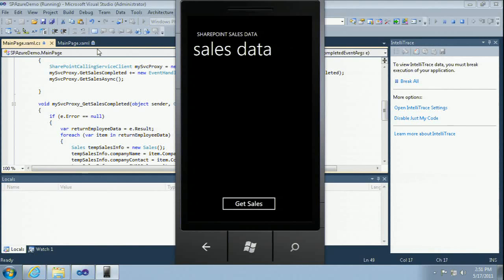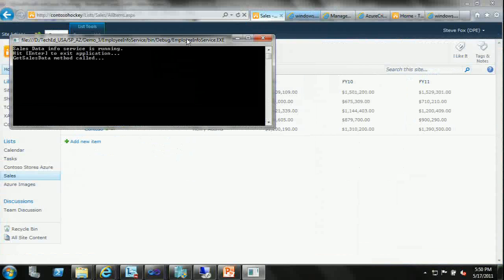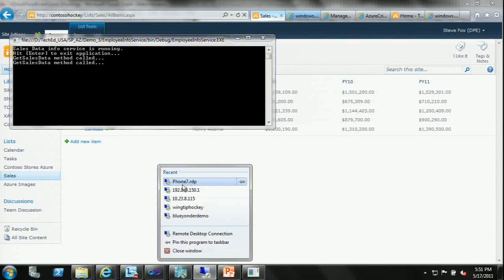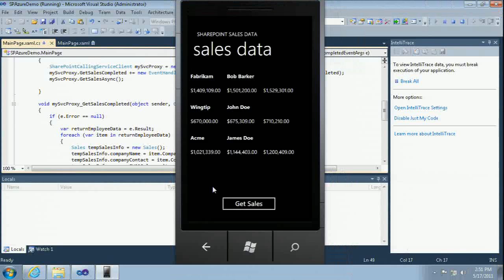And so here we have the sales data. I click Get Sales. That will go out. We'll call the service. What we'll do is we'll jump back here, and we'll see when this ticks up. This should say Get Sales Data method called at some point. There we go. Gets it. And then we can go back into our Windows Phone 7 app. Come on. There we go. There was the data. And so then it brought that data back with a remote device, using Windows App Fabric